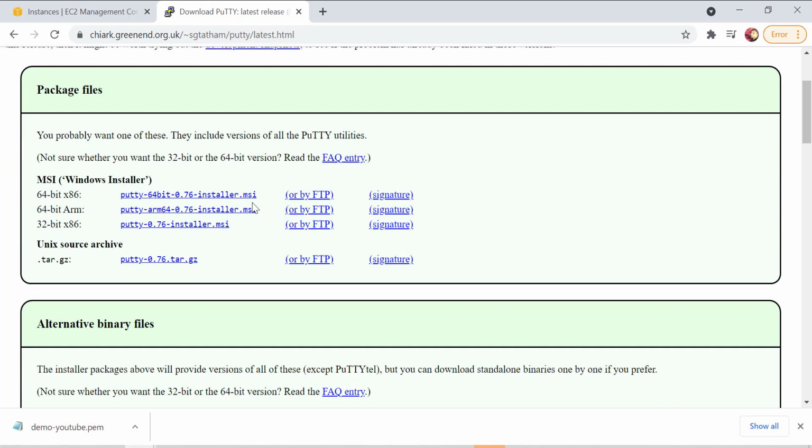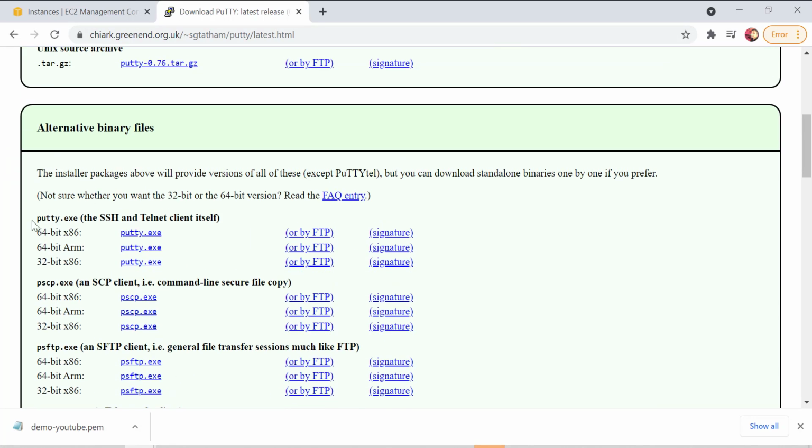When you scroll down, you will find putty.exe. If the operating system on your laptop is 64-bit, and I'm not talking about Linux, just download this particular software. I've already downloaded it, so I'm not downloading it again.